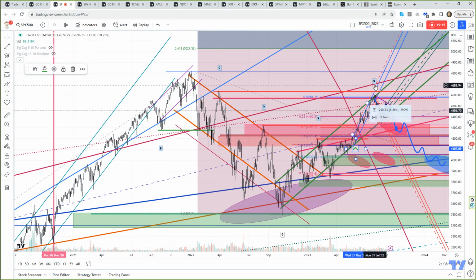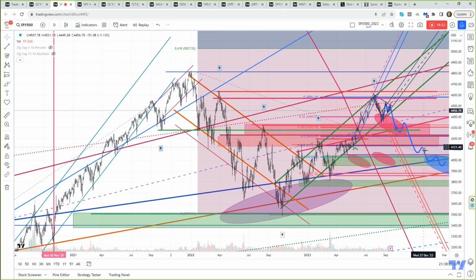Now we're back up over here. We're already above this level again. So again, these levels, they play out and they carry out. So now we would be watching for this 4280 level, 4275 level on the SPX500 as a potential breakdown level. We've already gotten above this level. We've already gotten above this level. Now we need to see if we can get above this level. If we cannot get above the 4636 level on the SPX, then we are going to roll over and move downward.